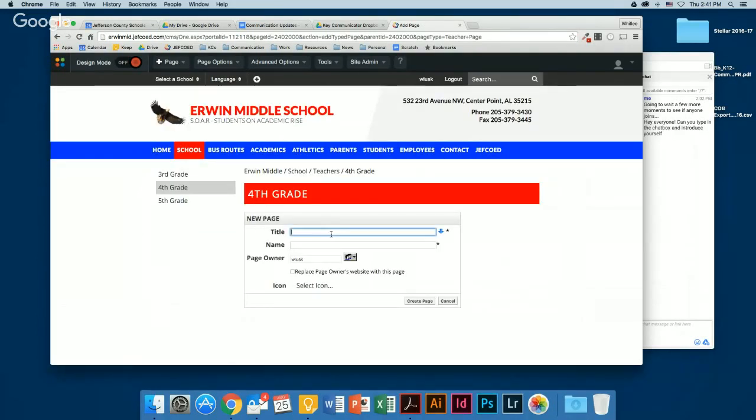If you hit teacher page, it automatically does it for you. So this is similar to if you're creating any new page. We're just going to do test, just like that. And if you want to do first name first, or last name comma first, or Mrs. or Mr. or Dr., however you want to do it is up to you. I just ask that you pick one and keep it consistent, so there's not some last name comma first and some first last and some Mrs. and some without. Just keep it consistent. So now we're going to hit create page.